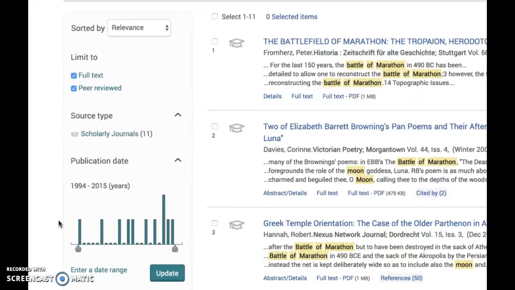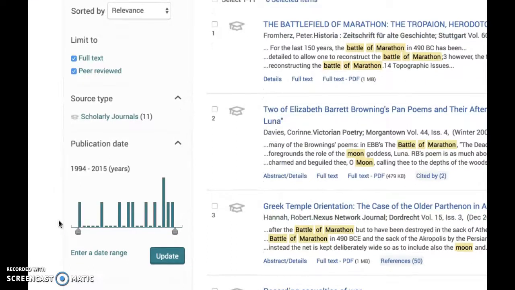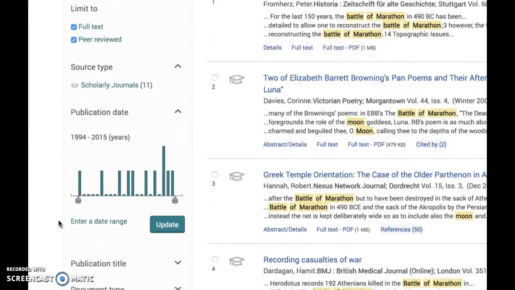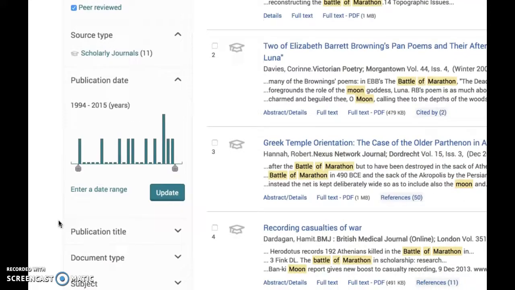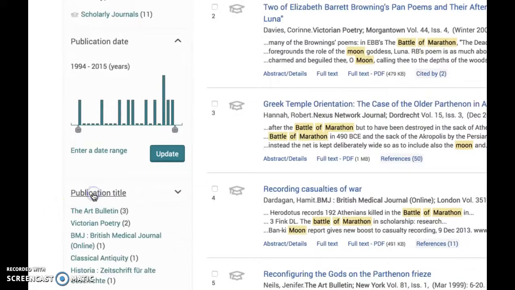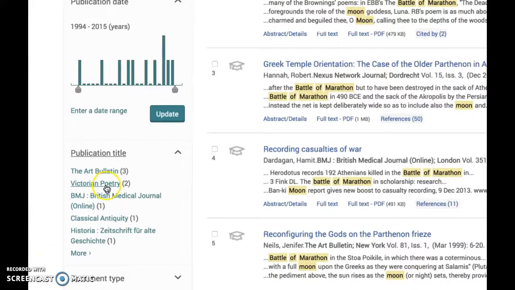I can limit it by date, but because this is a historical event, I don't mind articles that aren't the most recent. And I can also look by publication title, and I can see I'm not really interested in poetry or medicine, but classical antiquity might be